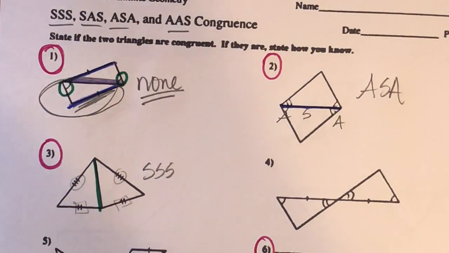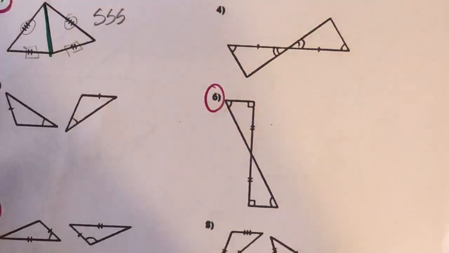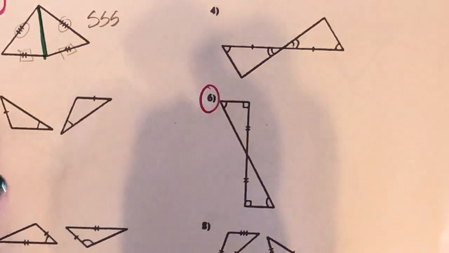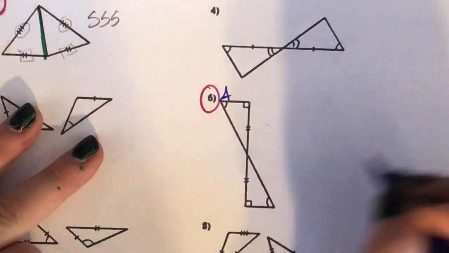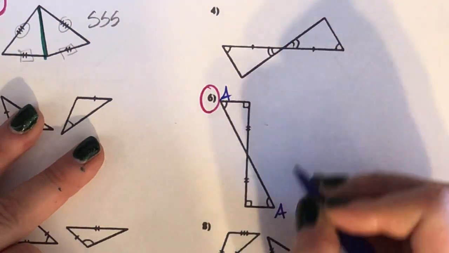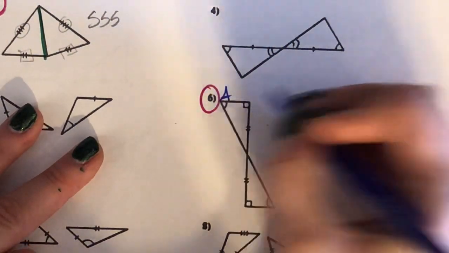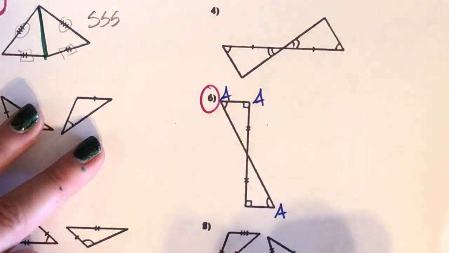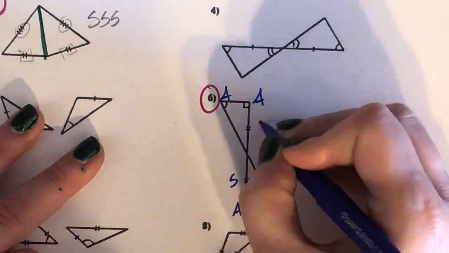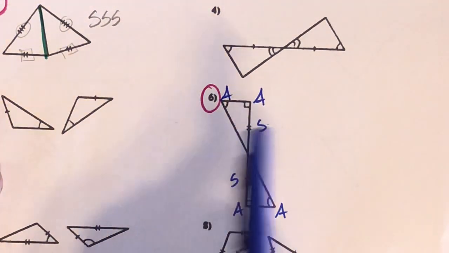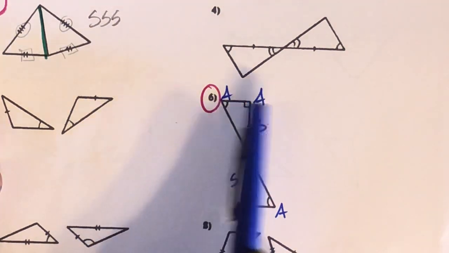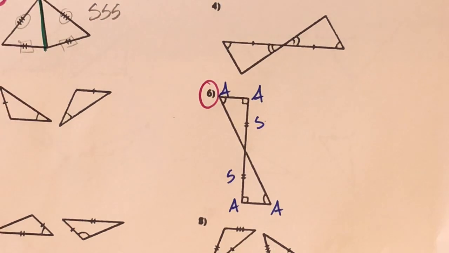Okay, let's take a look at number 6 now. Number 6 has labeled for us, let me do this in pen, an angle down there. Now remember, if it's a little box, that's still congruent angles. They're just both right angles. Angle, angle, and then side and side. Now, how do I know whether it's ASA or AAS? Look at the order in which I read them. Angle, angle, they're next to each other. The side is not in between them. So this one's going to be